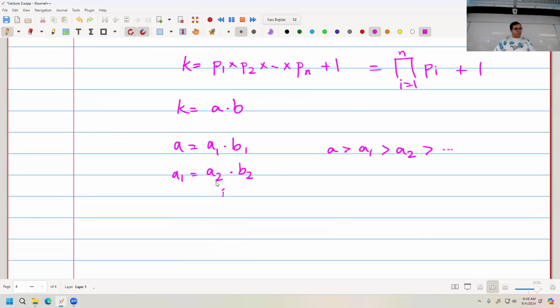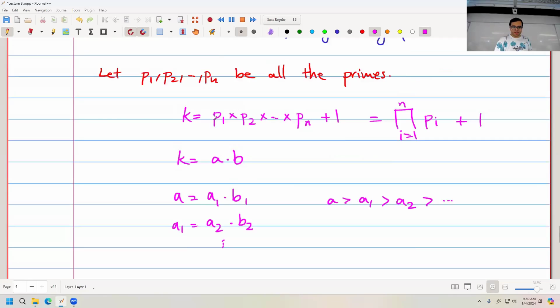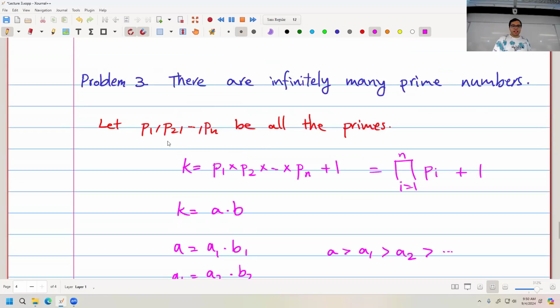Because I cannot keep factorizing it forever, it means that at some point, I will have to get to an ai that is a prime number, okay? And that's a prime number that was not in my list. And this contradiction shows that there are infinitely many prime numbers, because the contradiction resulted from the assumption that there are only finitely many prime numbers. Okay,